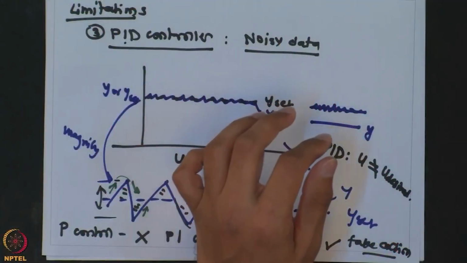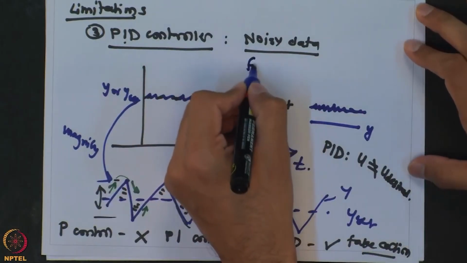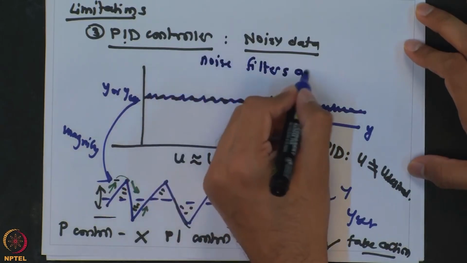So, that is a very common problem in real plants, that whenever you have a derivative action and if it is significant, it is going to react to this noisy measurements, noisy data, and because of that it is going to cause bigger oscillations into the process rather than not having any derivative action. So, the derivative action will always try to react to this noisy data, and to eliminate that you typically have filters. So, noise filters are required,